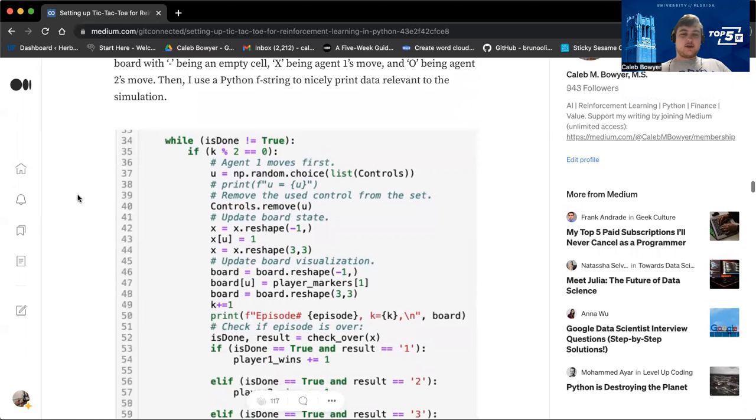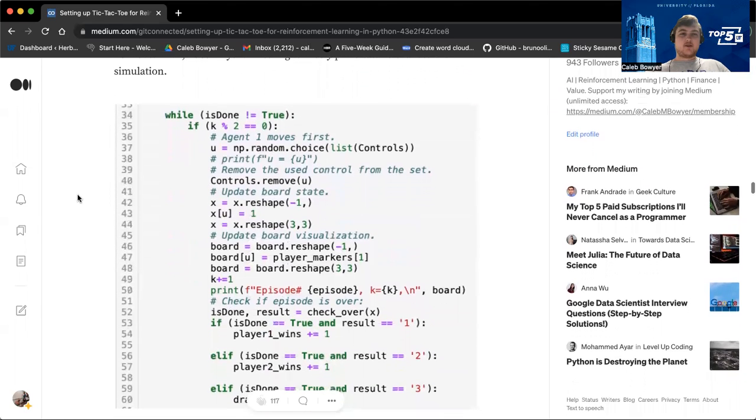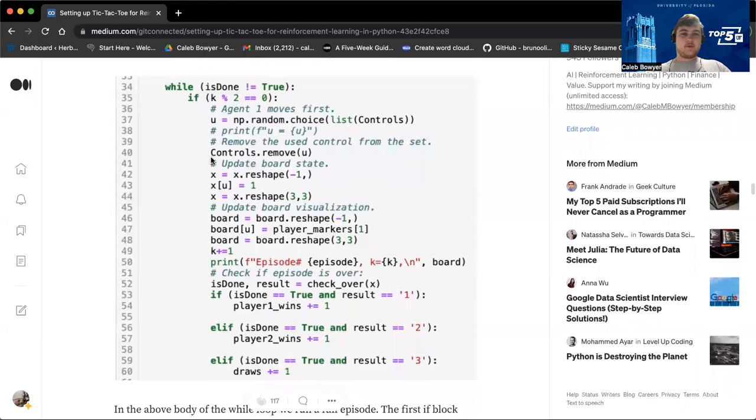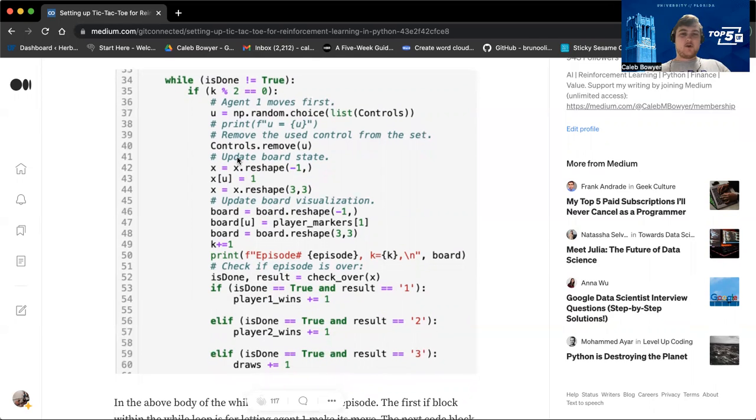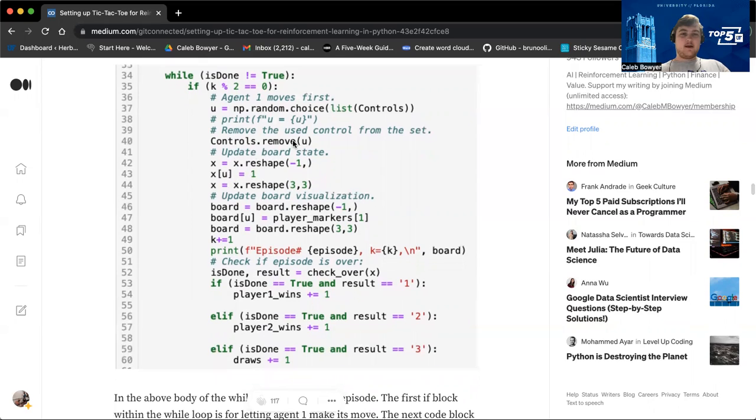Then the main logic of the simulation is within this while loop. We loop while isDone is not true. So while it's false, we enter into here. And if k mod 2 is equal to 0, it's agent 1's move. Agent 1 moves first. It takes a random control from the list. I convert the set to a list, take a random choice from it, and I remove that control from the set of all possible controls,